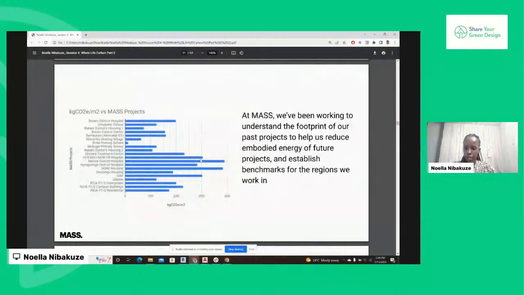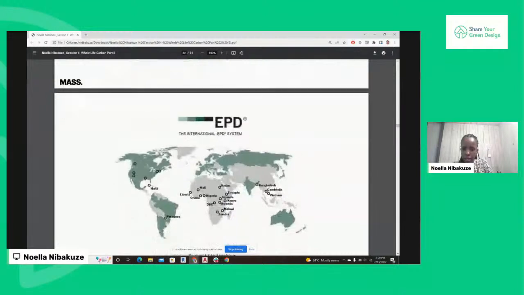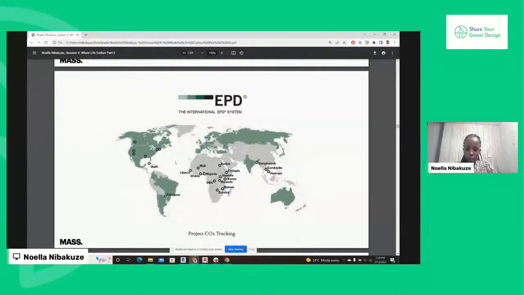So from that, we looked at all our projects from the past 10, 12 years to understand how we are doing against the global average, benchmarking, especially from the regions we work in. And that will help us to reduce embodied energy of all our future projects, and also establish benchmarks for the regions we work in. Because you can see on the next slide, when we started benchmarking our buildings, we realized